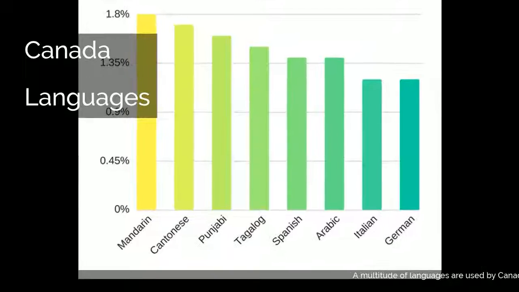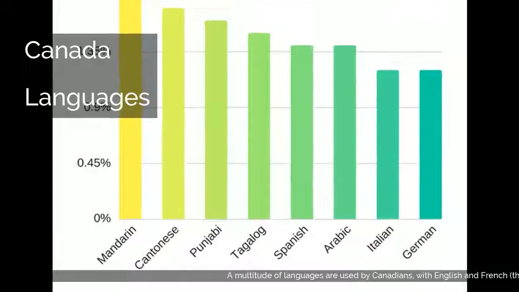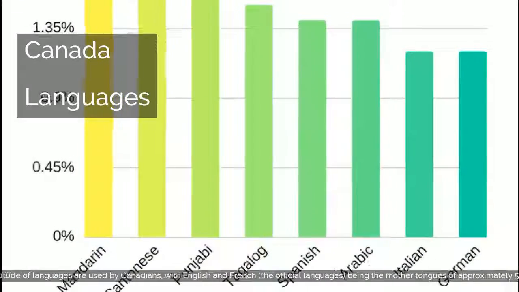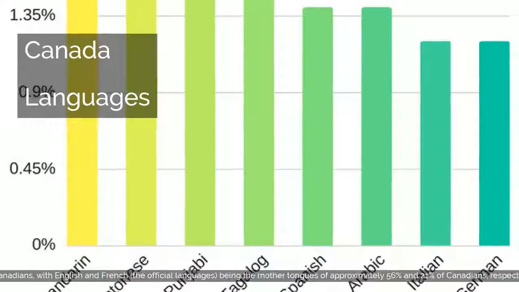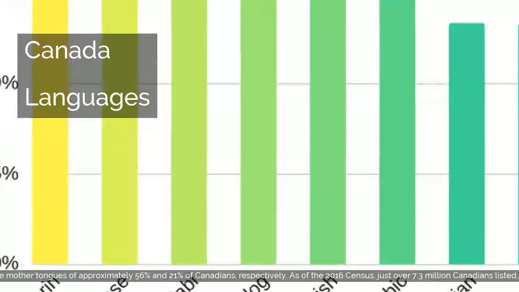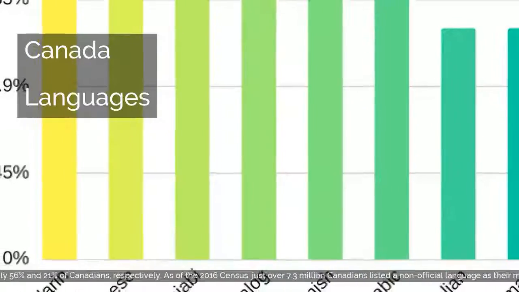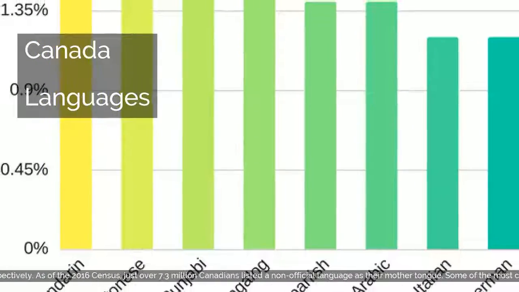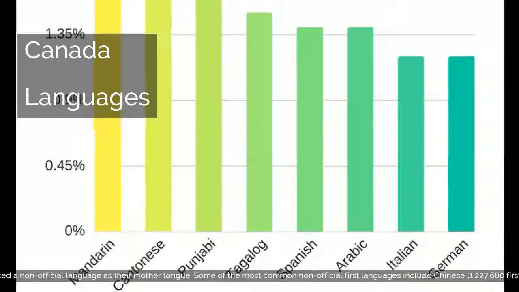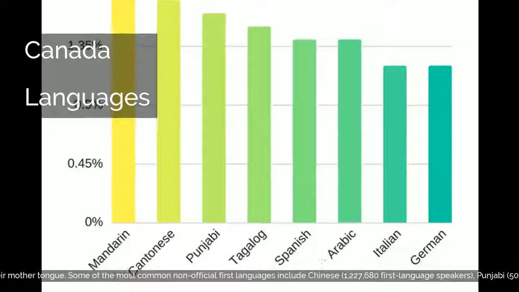A multitude of languages are used by Canadians, with English and French, the official languages, being the mother tongues of approximately 56% and 21% of Canadians, respectively. As of the 2016 census, just over 7.3 million Canadians listed a non-official language as their mother tongue. Some of the most common non-official first languages include Chinese,